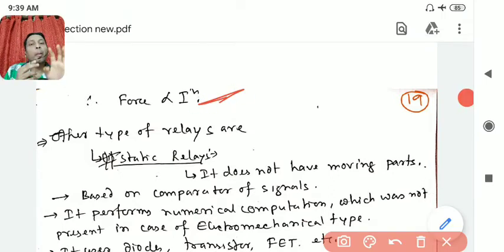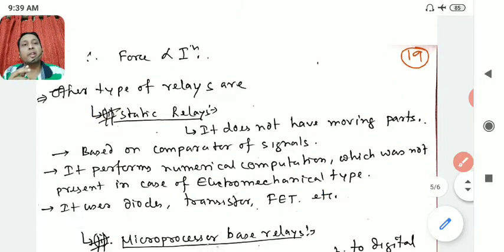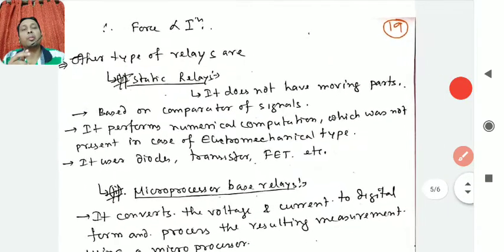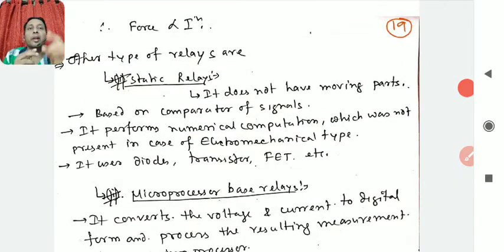So that's all about how the electromagnetic relay force is created using the current of the CT, so that it rotates. If it rotates, then it will hit something. If it hits something, then it will touch the contact and give the trip signal. Now what are the other types of relay? I am not going into details of other types of relay, just an introduction, because right now we can't discuss it before discussing other things.